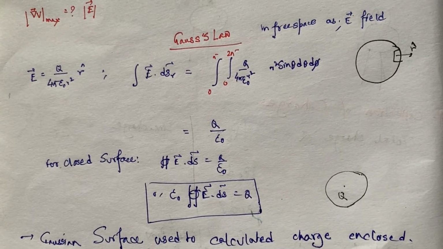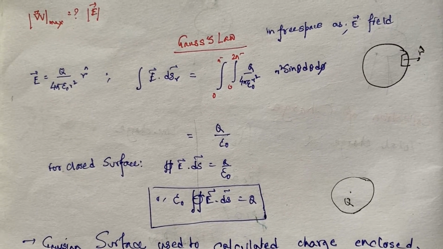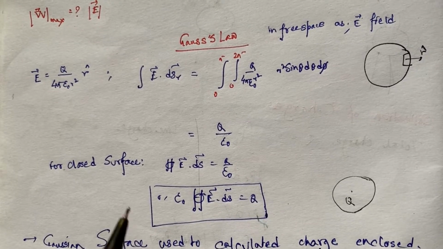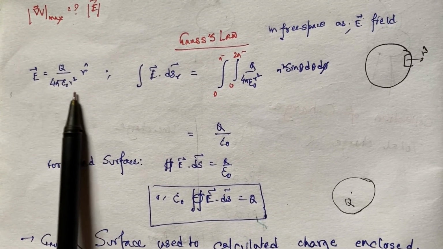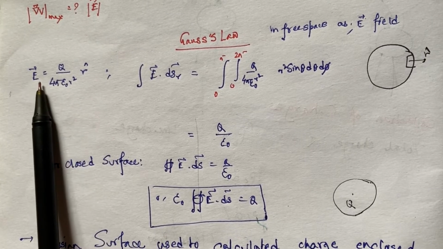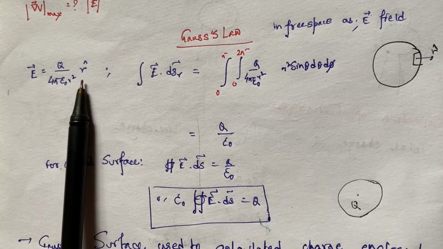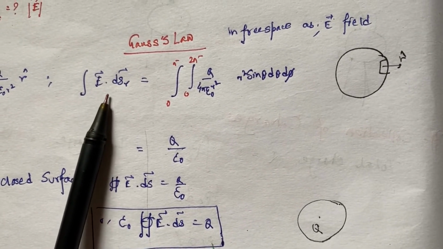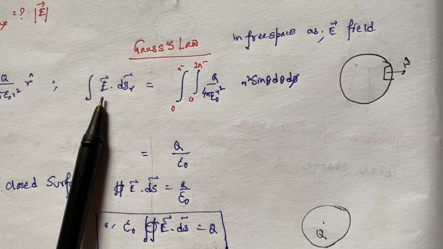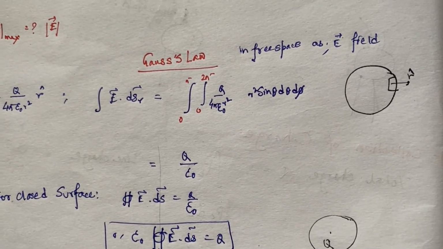Let's discuss Gauss's law, which is the first Maxwell's law of electromagnetism. We know that for a point charge Q, the electric field is estimated like this. The direction of the electric field is along this r hat direction. And if we want to calculate the integral of this electric field for this surface, then if I take a